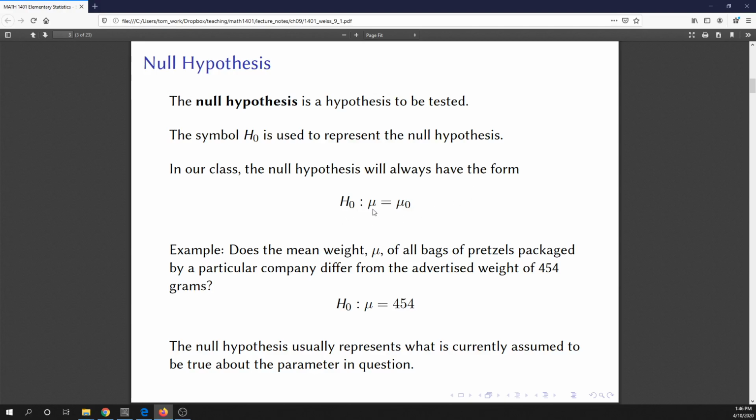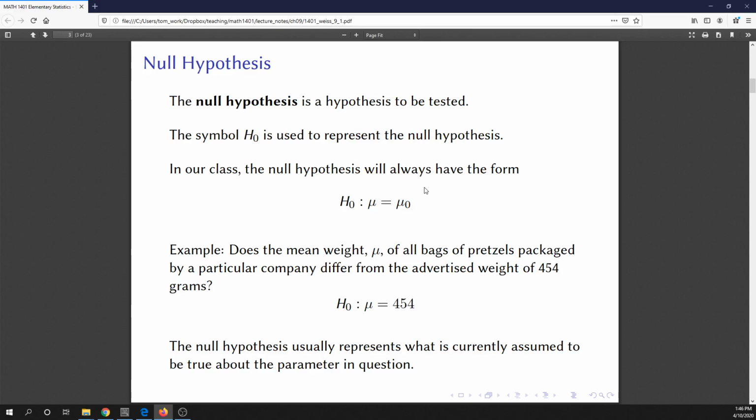That the population mean, mu, is equal to some number. Now that's not true for every book you look at. You'll see different forms of it in different books. So I'm not going to talk about the different things that you might encounter, but you just do need to